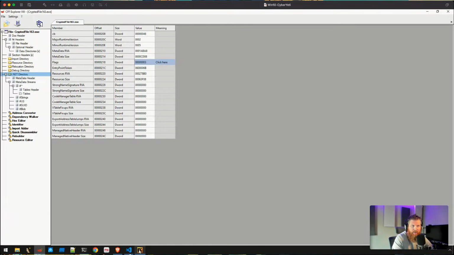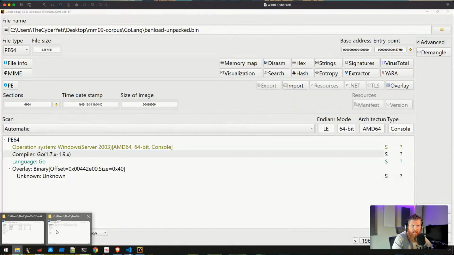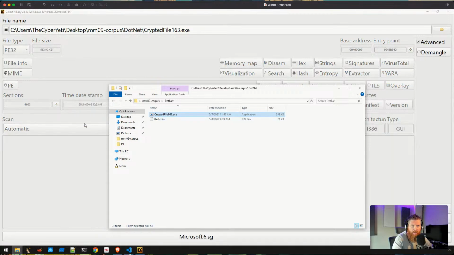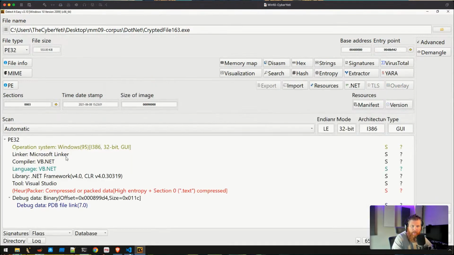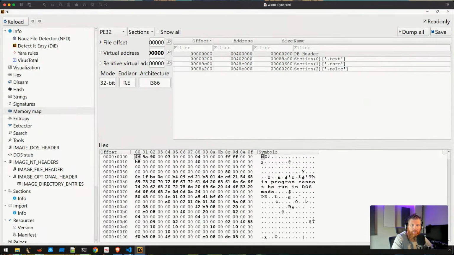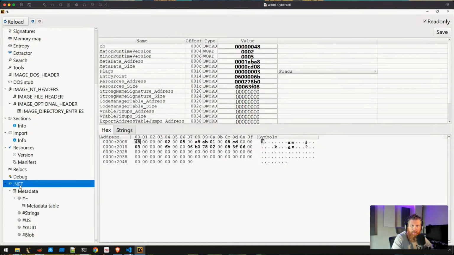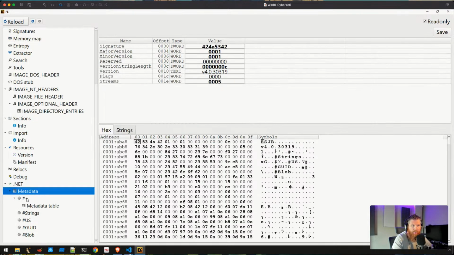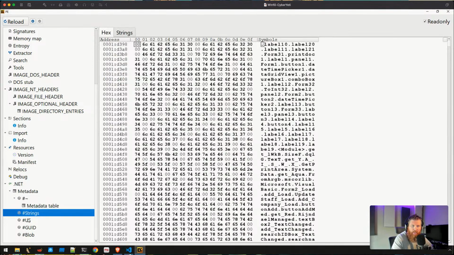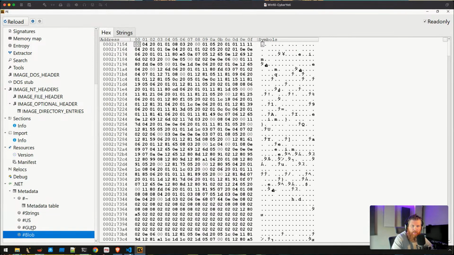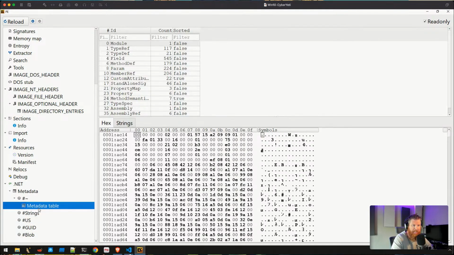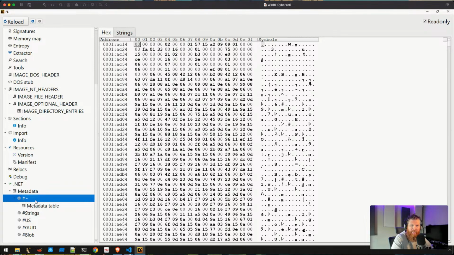In fact, I don't even know how much a tool like Detect It Easy would expose here. Probably quite a bit, right? It does a great job detecting and telling me all of the practical stuff I need to know. But if we go to the memory map, maybe there's a .NET section. Yeah, okay. So it looks like a lot of the same information is here as well, right? So I could probably use this equally as well as CFF Explorer. So I guess another win for Detect It Easy because I've just never looked, and a lot of great stuff here.